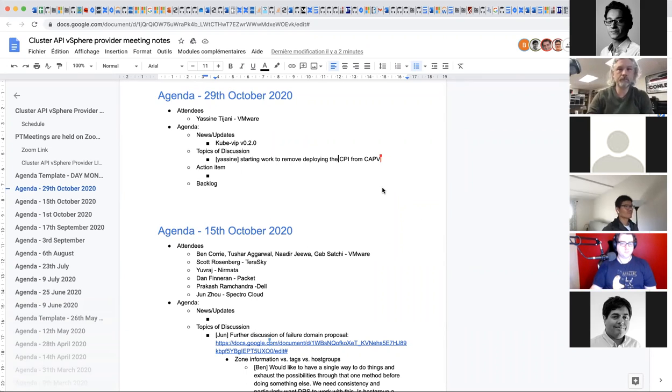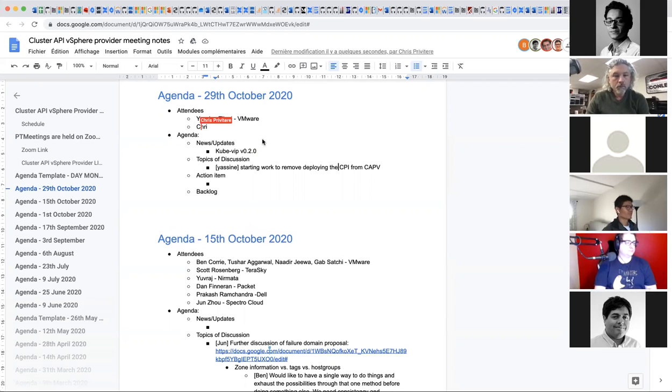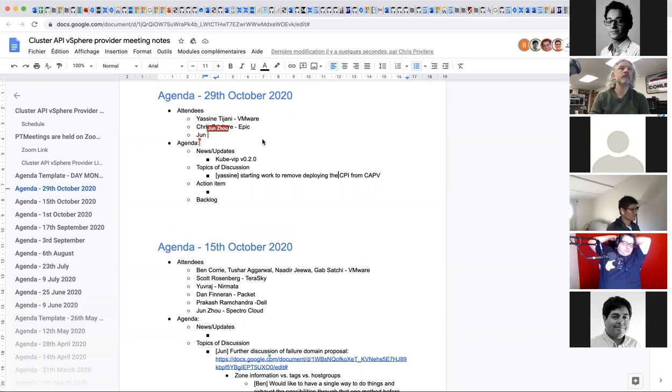So in terms of news and updates, I wanted to start first with KubeVip 2.0. Yesterday with Dan and June, we worked on finalizing the release for KubeVip, and this release is going to add some interesting features and bug fixes.